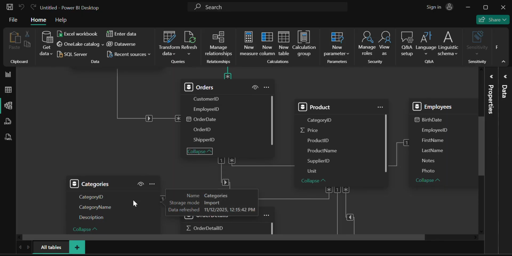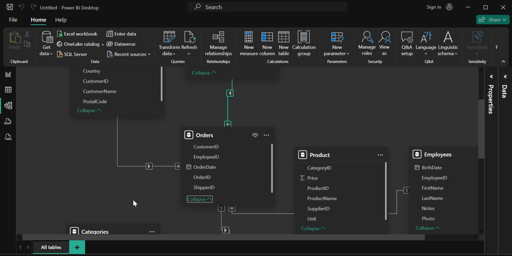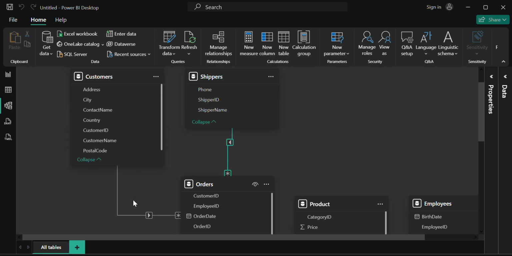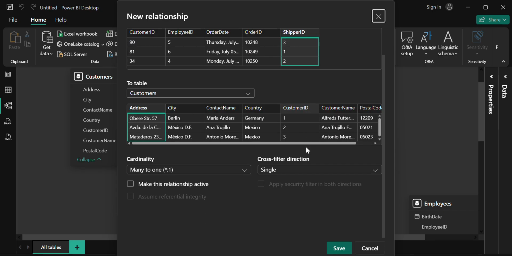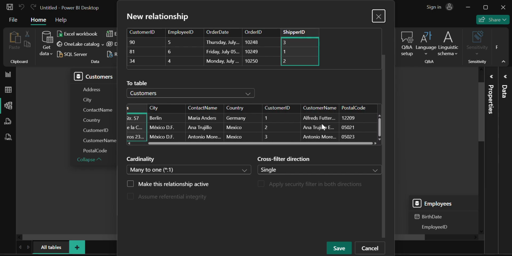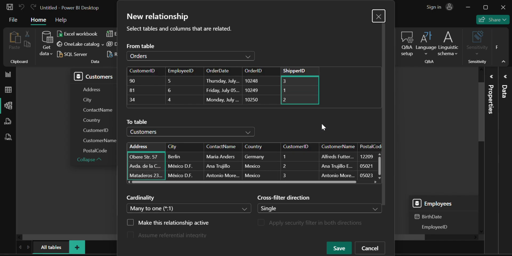Sometimes there may be a situation where there is no relationship at all between tables, and that is where you can just pull this and place it on that particular thing that you wanted. This is already there, so there's no need for that. But sometimes there is a need for you to do that, so it shows you what you need to put in there in order to create that relationship. This is where we do the manual relationships. So it's very important for you to ensure that you have the relationship being created in order to help you in doing further